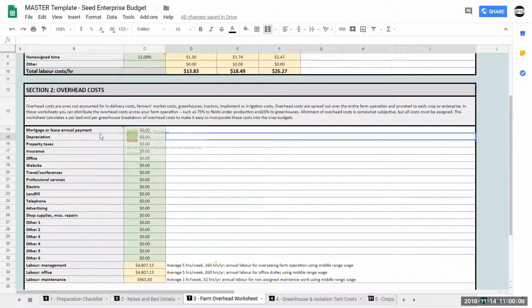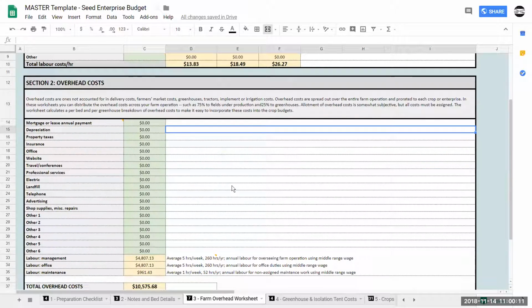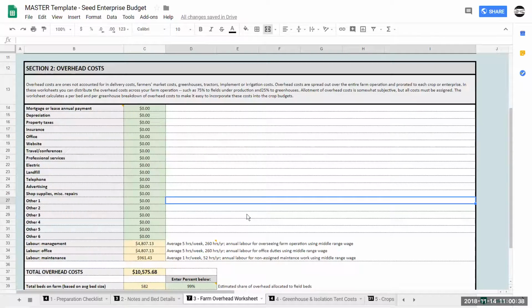As we go down to the second section, overhead costs, these are the costs of running a farm or having a piece of land. Everything from your mortgage to your insurance, your website, your organic certification, advertising, your phone, these are all costs of doing business. And so when we're growing a crop, we can't just say, the seed cost me $7, the compost cost me $10, it was 2 hours of labor, that's how much money I put into that crop. We do need to include a portion of these costs here.